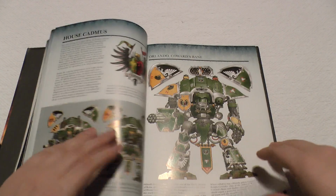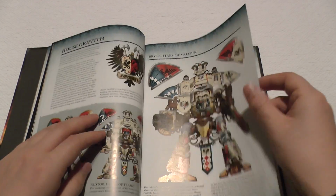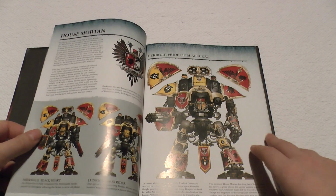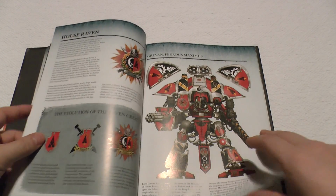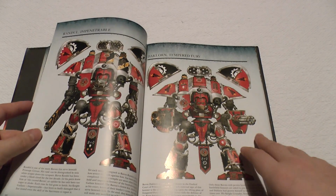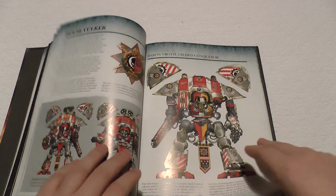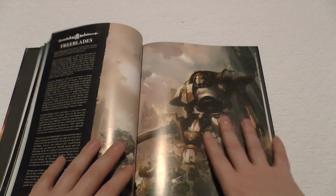Yeah, and then if that wasn't enough, you got House Cadmus as well, House Griffith, Hawkshroud, House Morton, some Mechanicum ones like Raven. It's just picture after picture of slightly different coloured knights. Crazy. Most of the book is this, I'd say. And then you got your Free Blades,